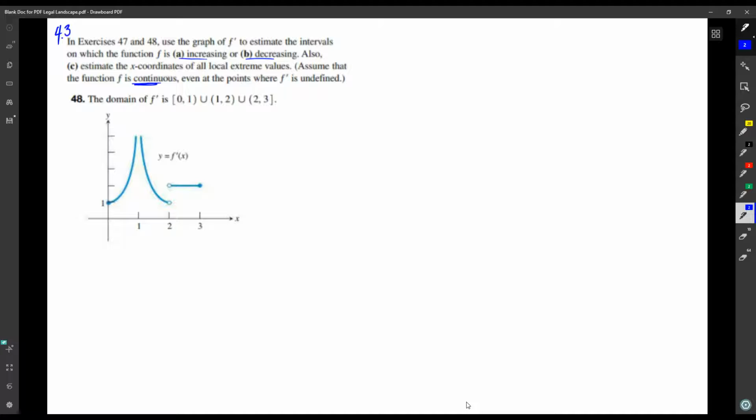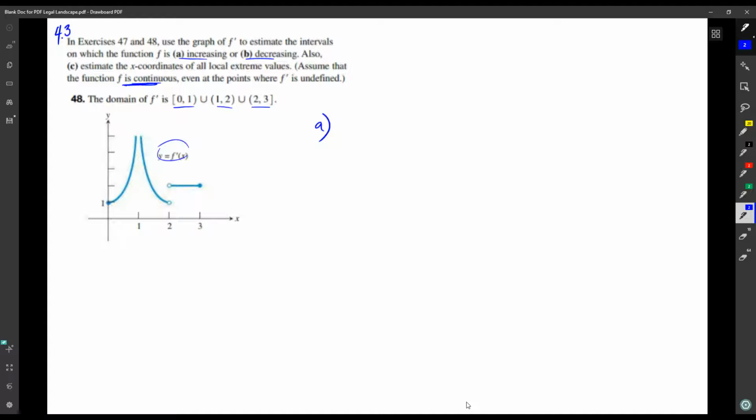So notice that in this graph of f prime, we do have a domain that is not completely continuous. We are continuous from 0 to 1, from 1 to 2, and from 2 to 3, so says the direction. So keep that in mind, but also that f itself is continuous. So the graph of f is going to be able to be completed with one pencil stroke. So let's start talking